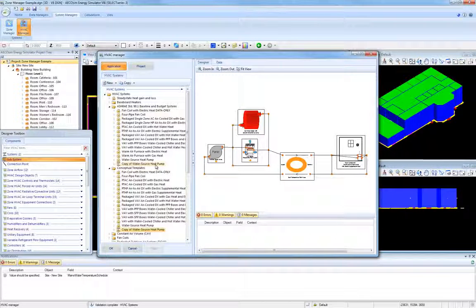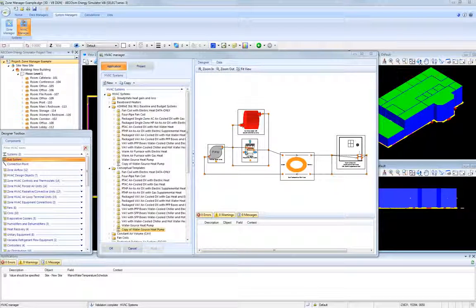If the original existing system was included in multiple categories or folders, then the copy of that system will also be included in the same multiple categories or folders. Users can change which categories contain the copied system as they wish. Organizing HVAC systems in categories or folders is the subject of a separate video clip.